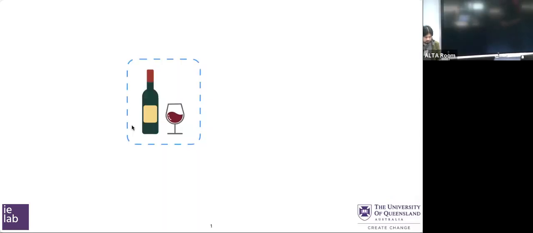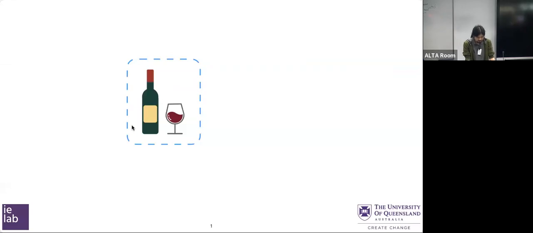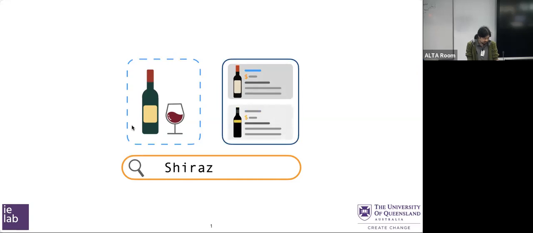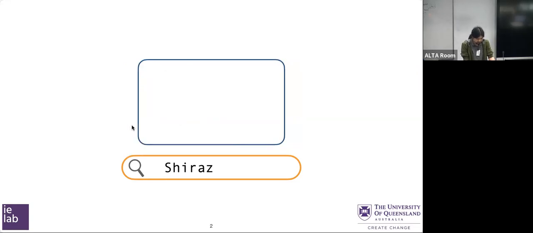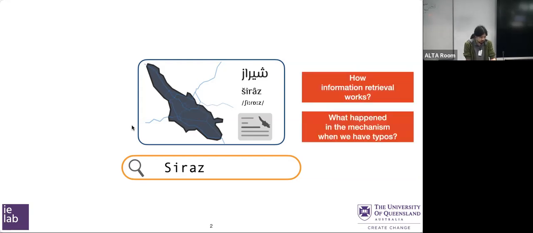So when you come to Adelaide, South Australia, where it's famous for its winemaking, you probably want to taste some wine, say Shiraz, and then you just type it carefully in the search engine. Usually it works successfully, and returns information on Shiraz to address your need. But it's common for humans to make mistakes. You may miss an H and type SIRAZ. And actually, it returns Shiraz, which is the capital city of a province in Iran. So in this case, the information need cannot be addressed properly with a typo query. So we wonder what happened inside the search engine.